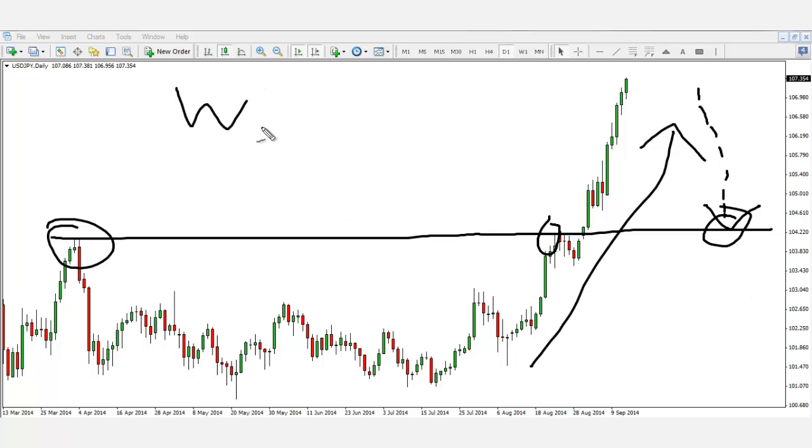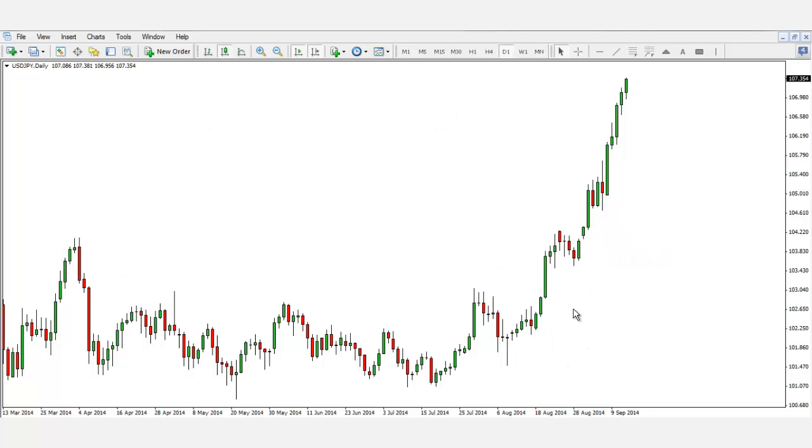But what if price doesn't retrace towards the level? So what if price doesn't retrace to this 104.20 level that all traders are watching? So you have a dollar bullishness in mind and you're waiting for the 104.20 level, but sometimes it just doesn't come. And for me personally, what I do is I try to identify other opportunities to get long on the